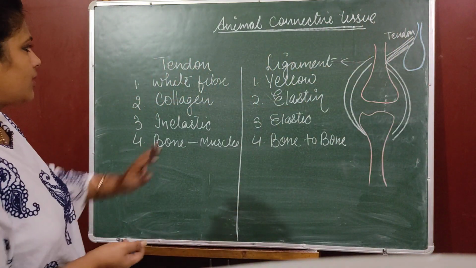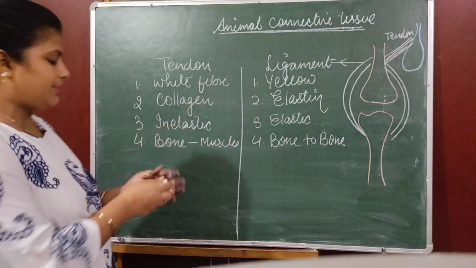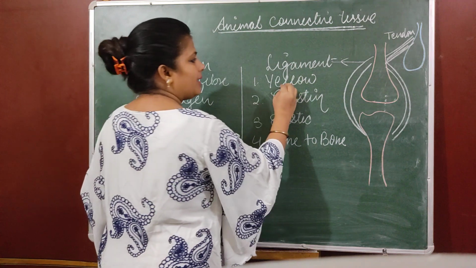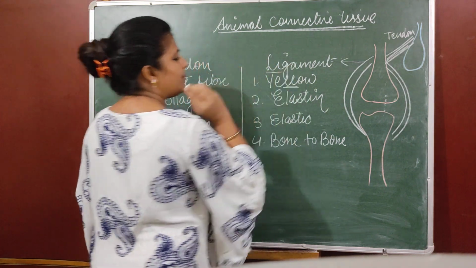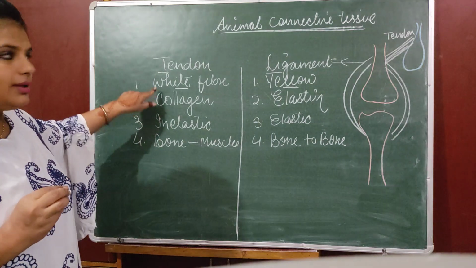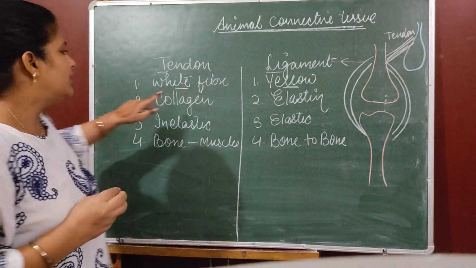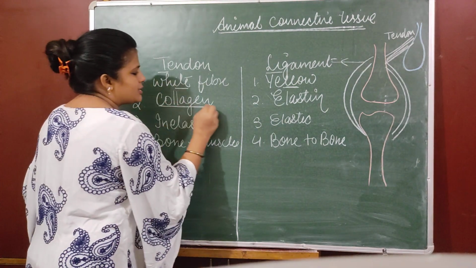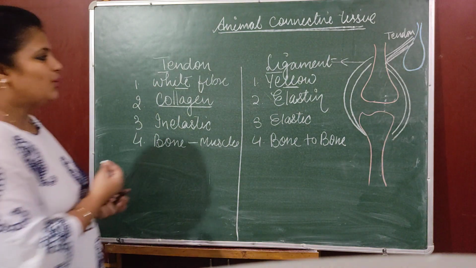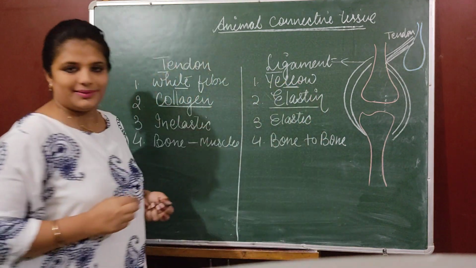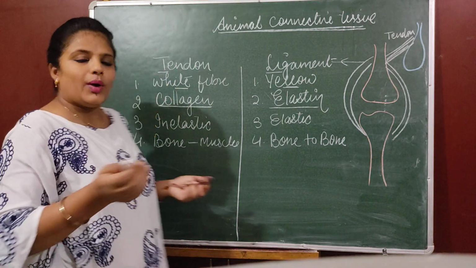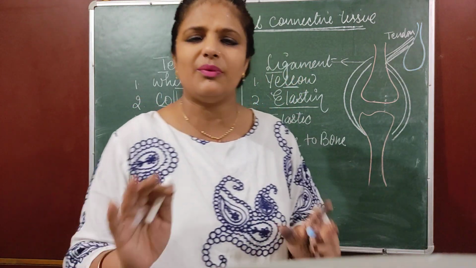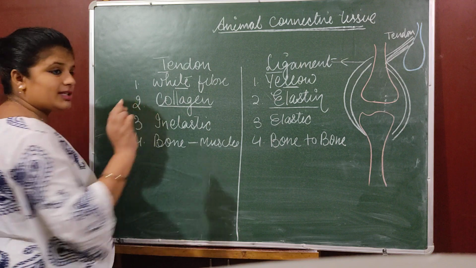Okay, so now come here. Tendon is made up of white fiber. How can you remember it? White, tendon. Yellow fiber, L, yellow, ligament. So tendon is made up of white fiber and ligament is made up of yellow fiber. Now generally in college we wear a white uniform. So white fiber is responsible for collagen protein, while ligament is for elastin protein. Now if you are wearing white cloth, then you become very conscious. I can't sit here, I can't go there. You become very inelastic. Okay, this is just for learning, bacho.